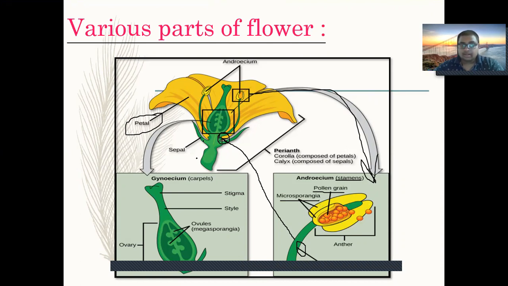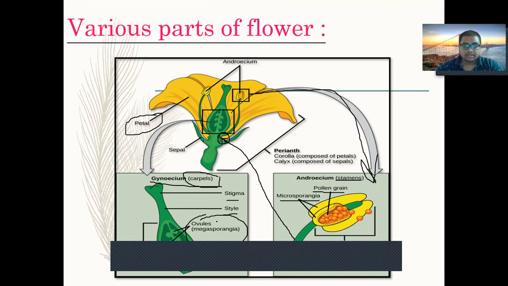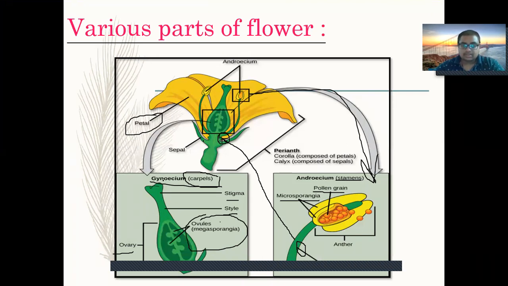Okay, another part is gynoecium. And these are known as carpels. So androecium has another name called stamens. Gynoecium has another name. It is called carpels. So this is the gynoecium, the mid part of the flower. You can see this. So this gynoecium has ovary, ovules, style, and stigma. Actually, three parts: stigma, style, and ovary. Okay, these ovules are inside this ovary, and this basically completes the gynoecium.